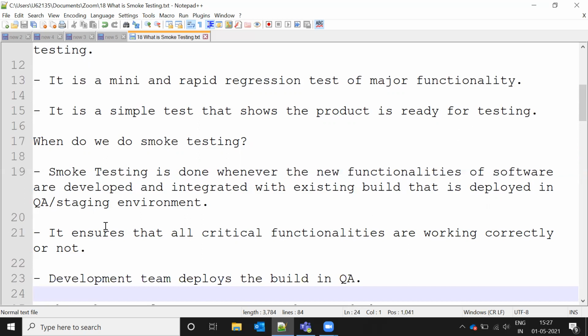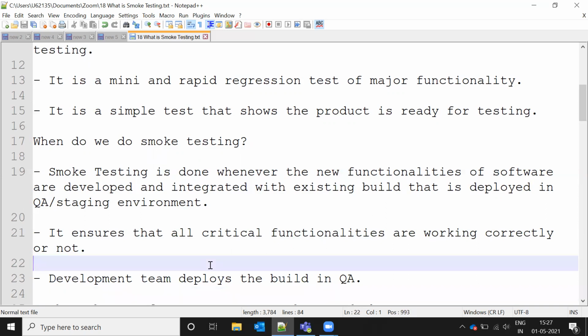The QA team needs to do smoke testing after adding this functionality, in case any impact is present or not. We pick the main functionalities and test, ensuring that all critical functionalities are working correctly or not.